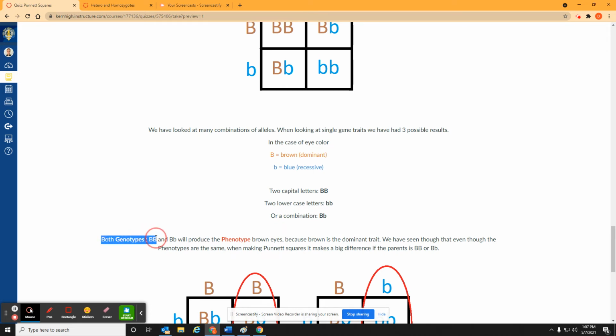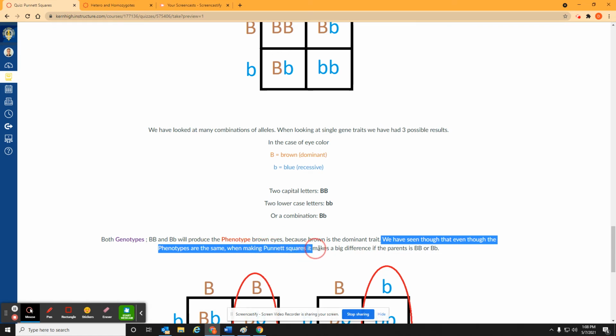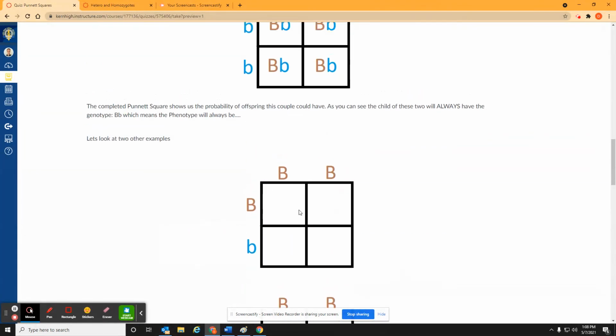Both genotypes, capital B capital B and capital B lowercase b, will produce the phenotype brown eyes. This is what we've been talking about, right? It's a dominant trait. You only need one. You're going to have brown eyes. We have seen though that even though the phenotypes are the same, when making Punnett squares, it makes a big difference, right? It makes a big difference if you're double capital or if you're a mix, because double capital